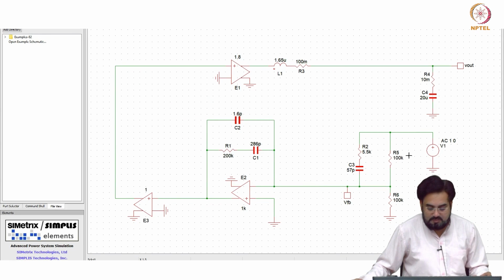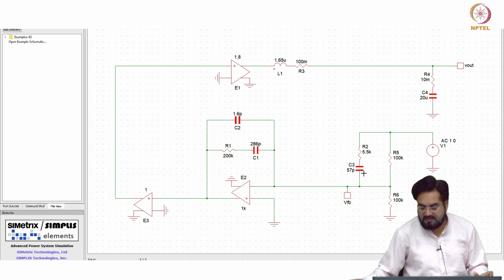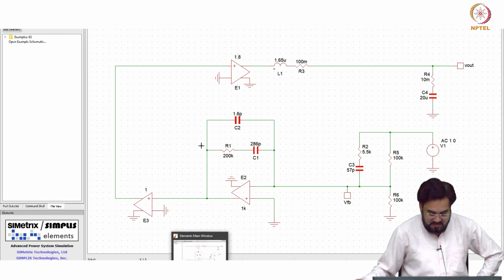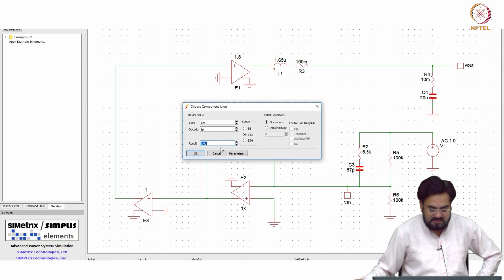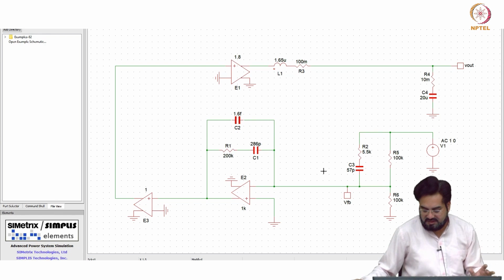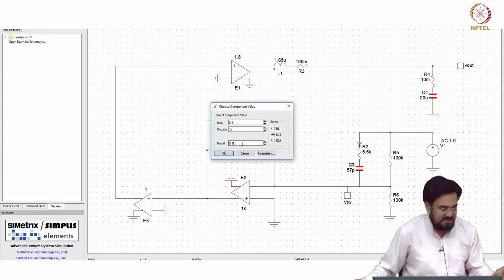In order to add those two poles, what do we need? We can add a series resistor here and a parallel cap here. This parallel cap will give you a pole at 1 over this cap and this resistor, because if you do not have this resistor, then at high frequency this will get shorted. So, gain will be infinite. Now, this resistor will limit your gain, which means you are introducing a pole. If I do not have this, let us say I make it femto, meaning I am just removing this cap, and let us say I use a few milliohms.